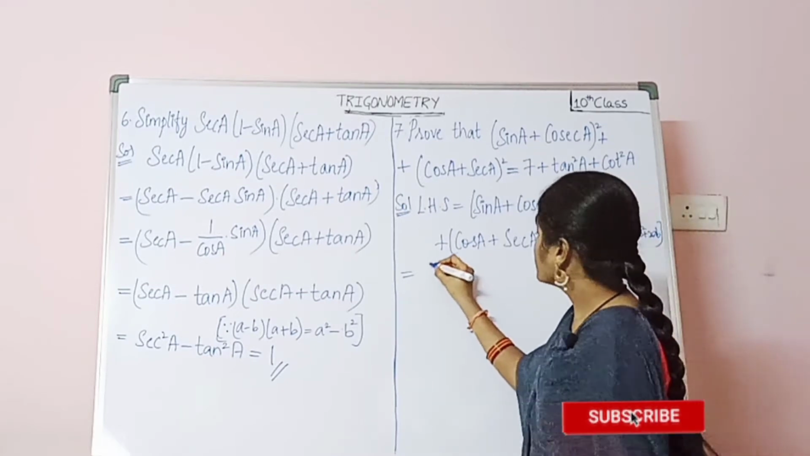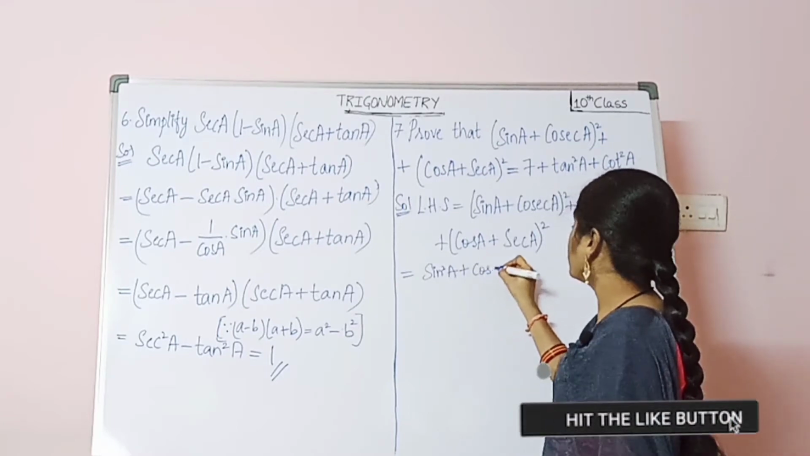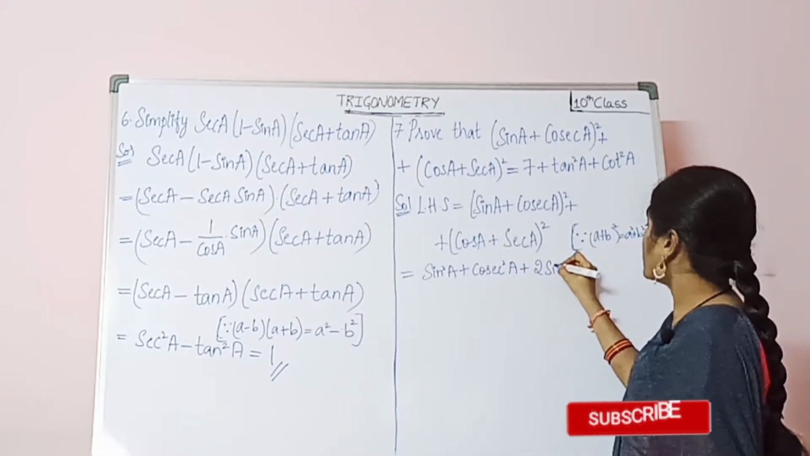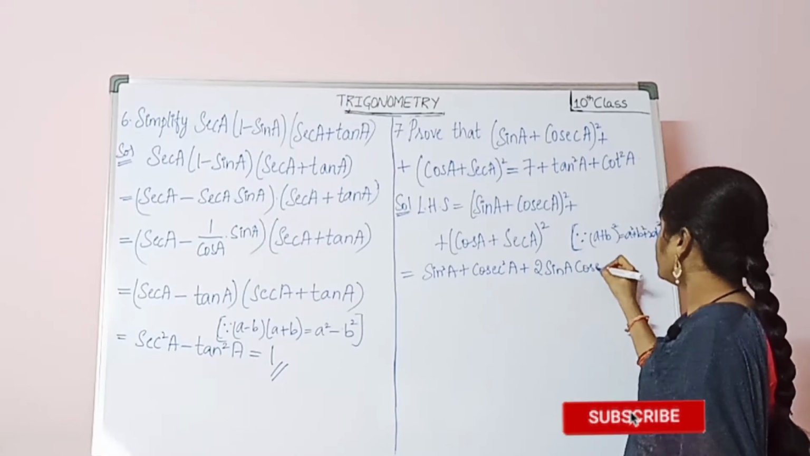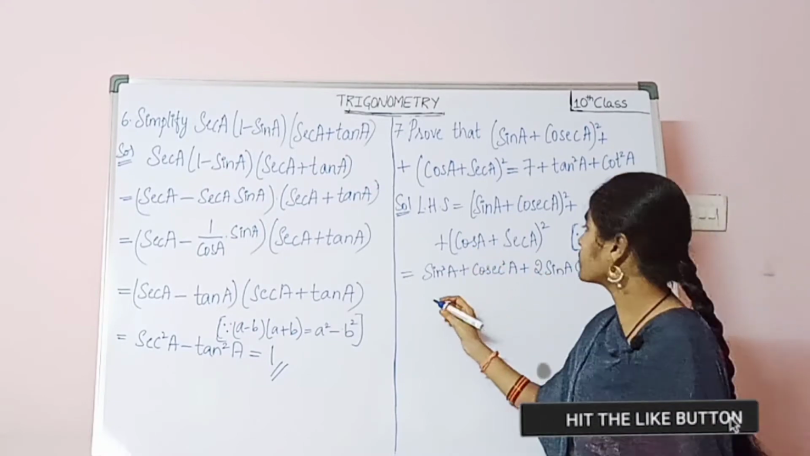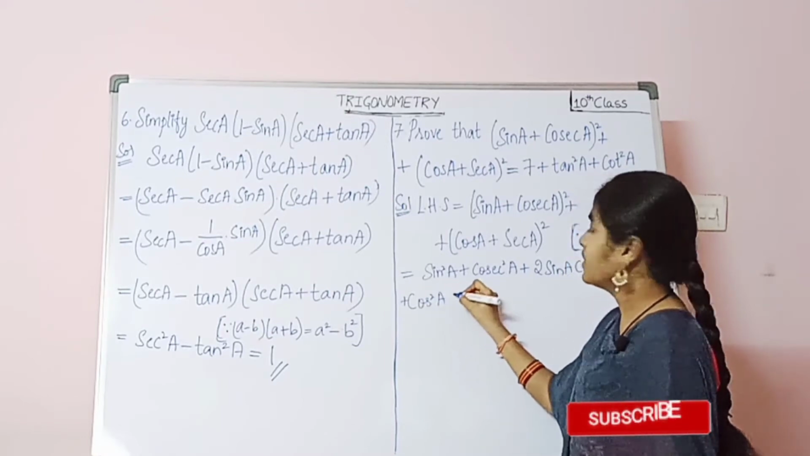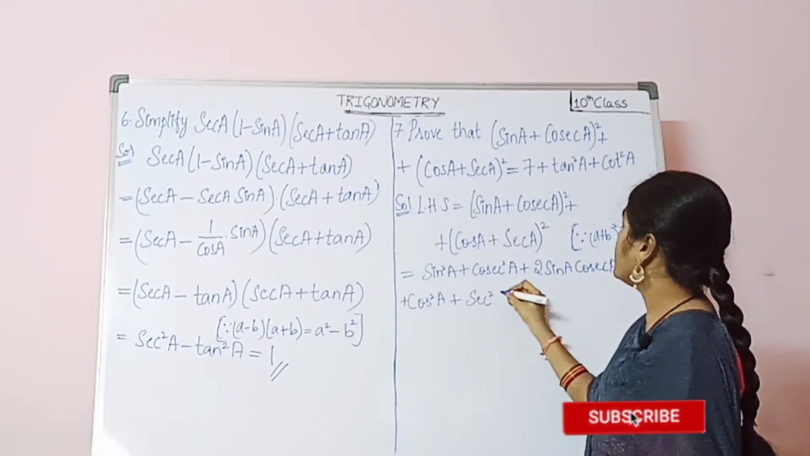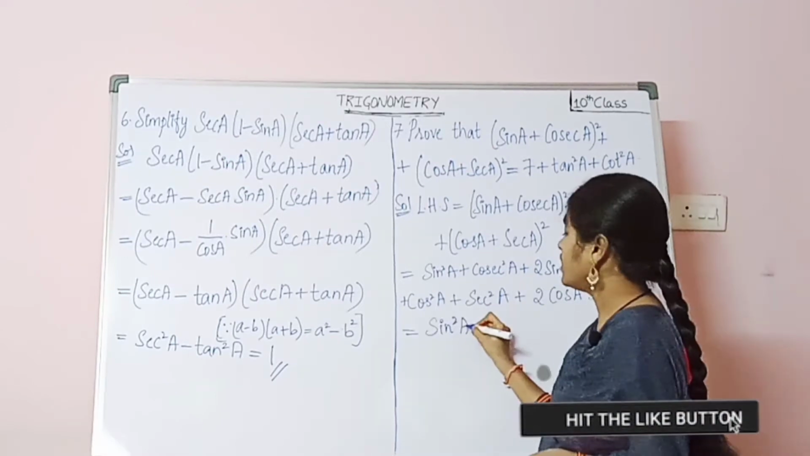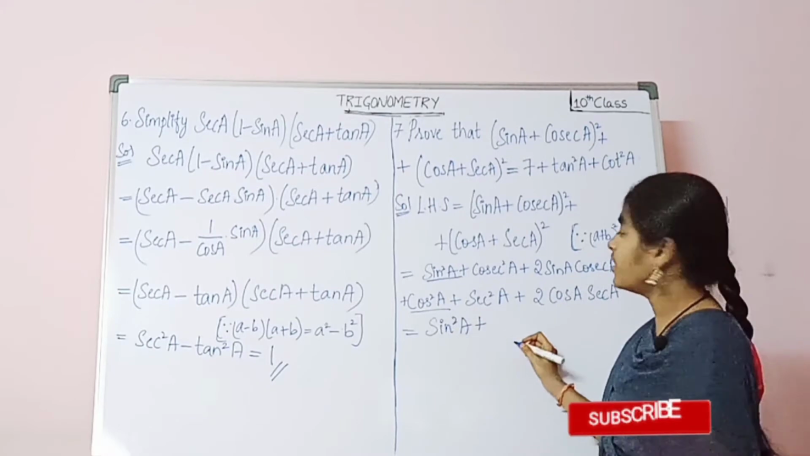That equals sin square A plus cosecant square A plus 2 into sin A into cosecant A, which is again in the form of (A plus B) whole square, plus cos square A plus secant square A plus 2 into cos A into secant A. That equals sin square A. Now we are taking this sin square A plus cos square A